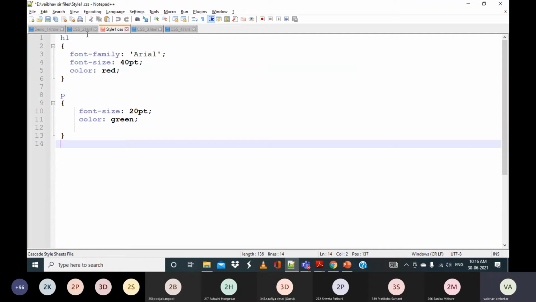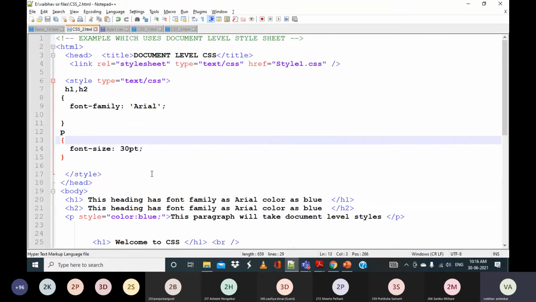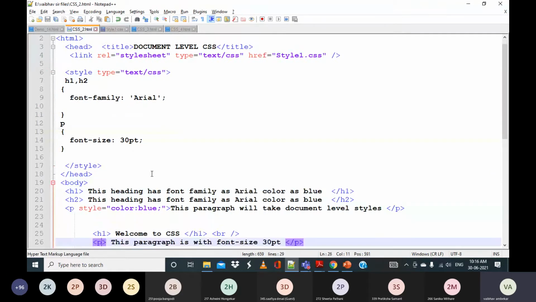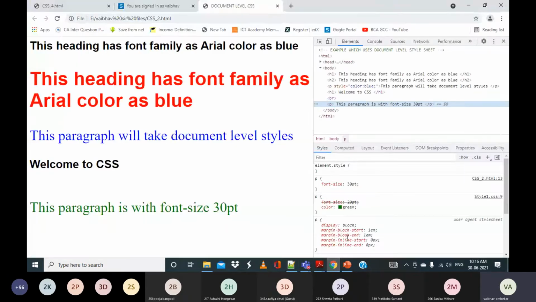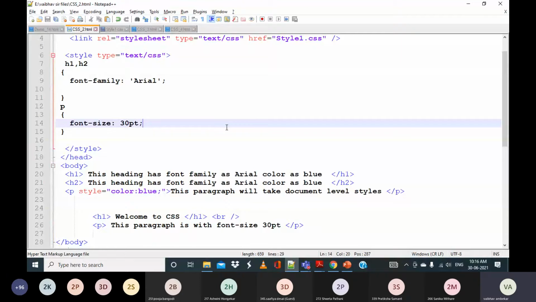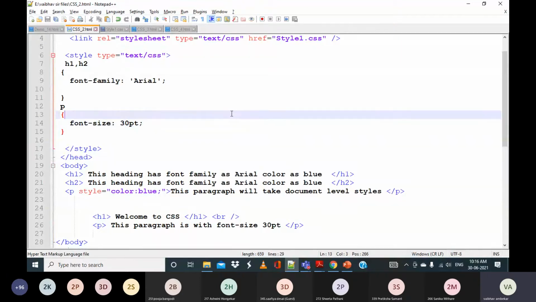For example, if I use an h3 header here, for h3 I have not used any styles. If I run that, you may observe such default values for h3 as well. These default values will be considered by the browser if you do not specify any style specification. Are we clear with this, everyone?